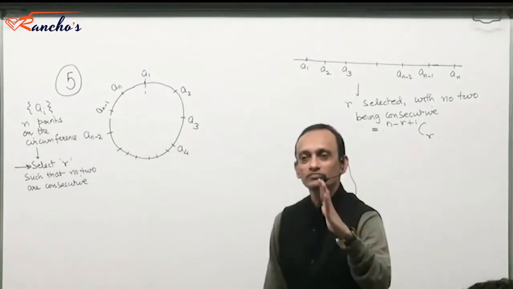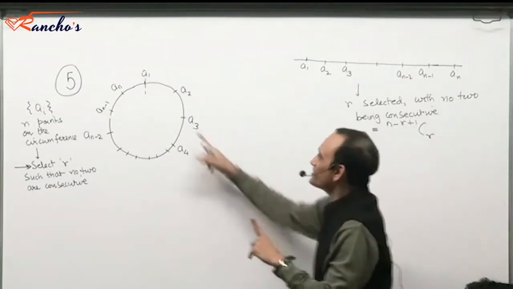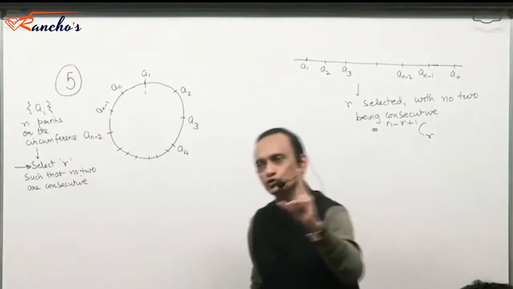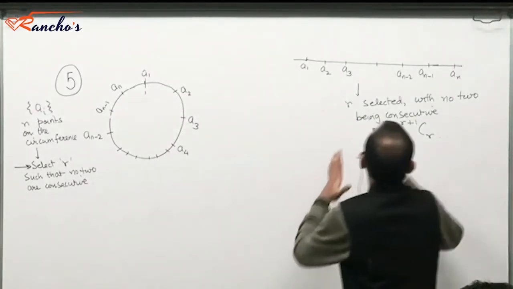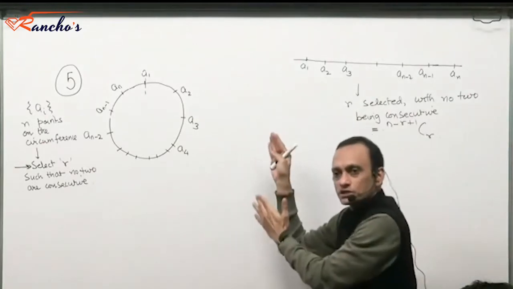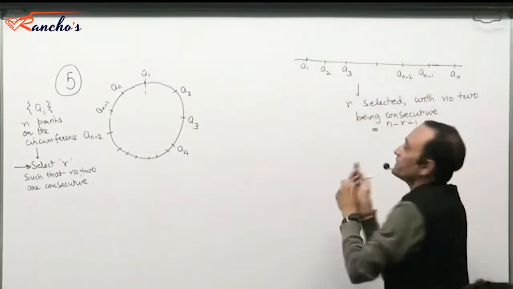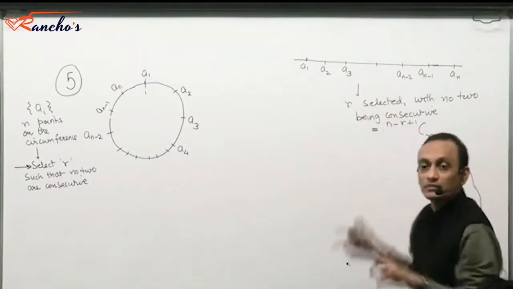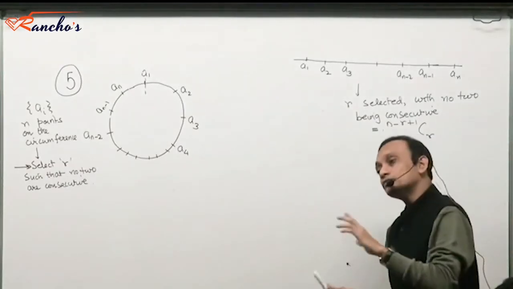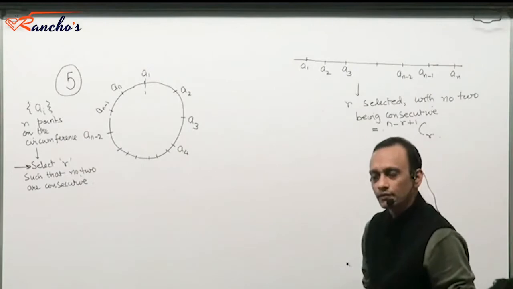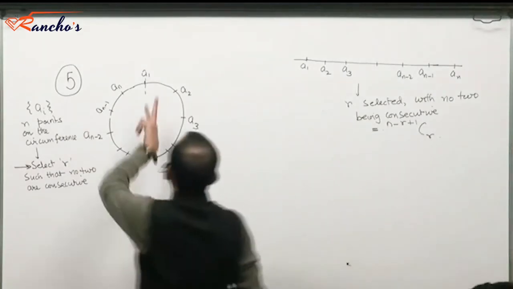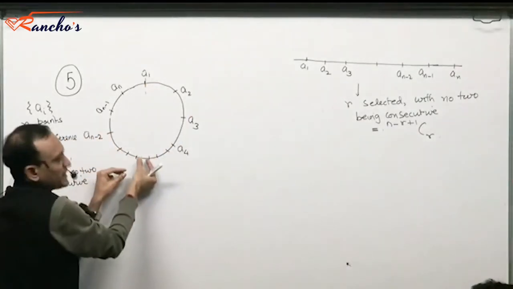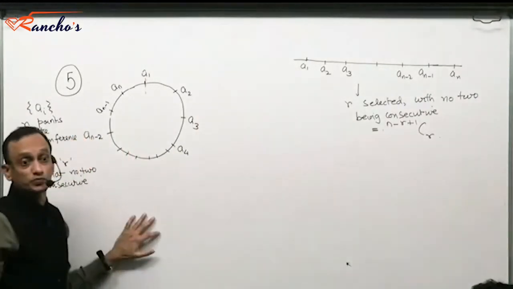All right. So, coming back to quiet moments. These are endpoints on the circle, right? And I want to select R of them such that no two are consecutive, right? The previous version of this problem was when they were in a straight line, then the number of ways in which I could select R of them so that no two were consecutive was given by n minus R plus 1 C R, right? And you might be tempted to believe, and wrongly so, that if you cut this open, it's a flexible wire and I straighten this up, it will get converted into this problem.